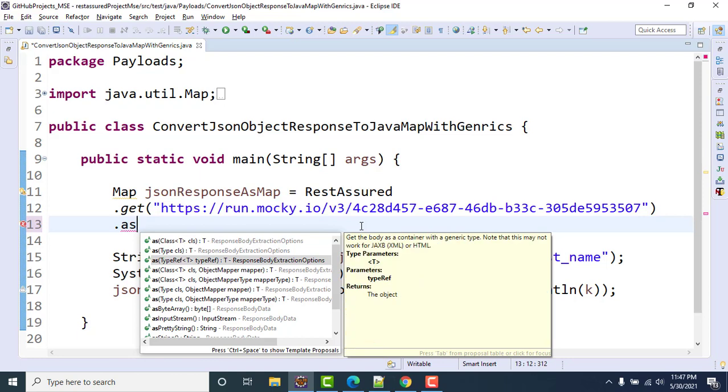If you see the third one, we have one type ref here. You can see the type reference. Type reference is one abstract class without any abstract method into it. There is no abstract method, but this is an abstract class. So here we need to use a type ref kind of thing.